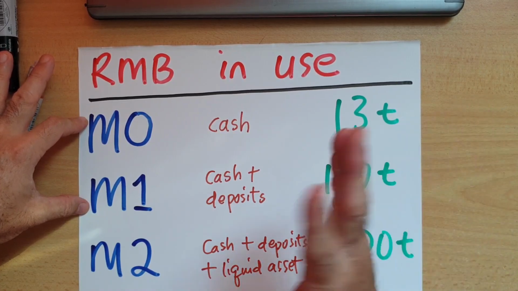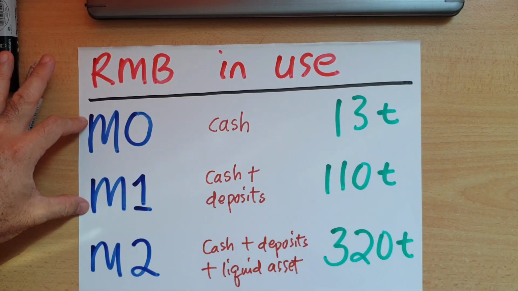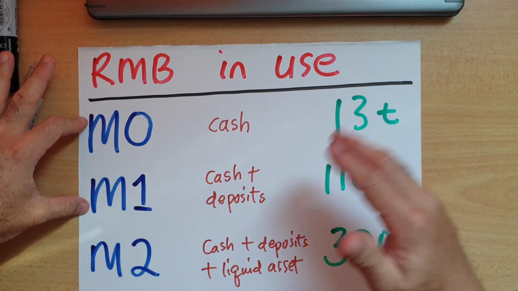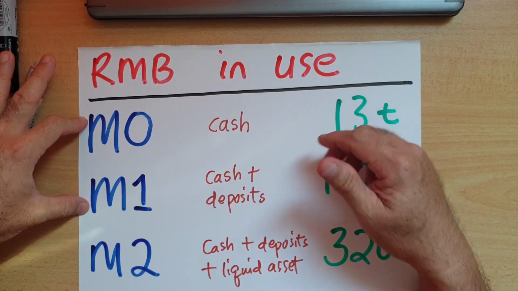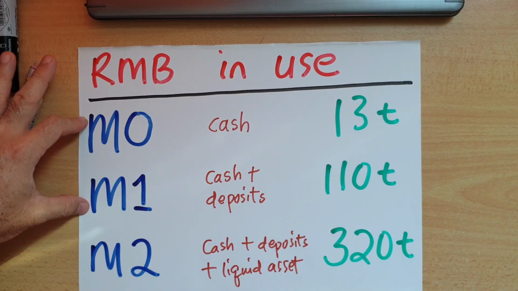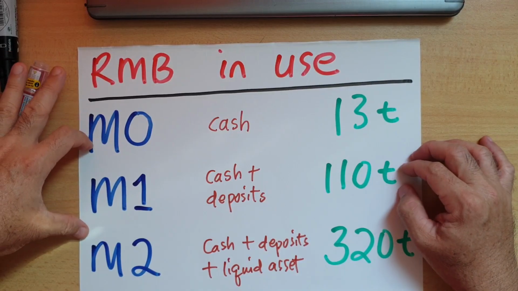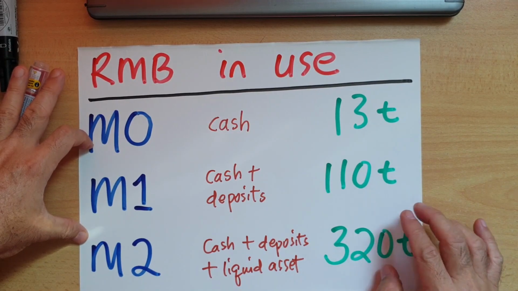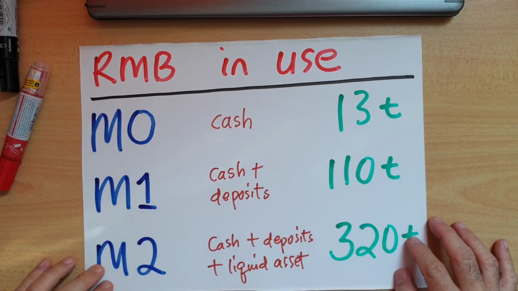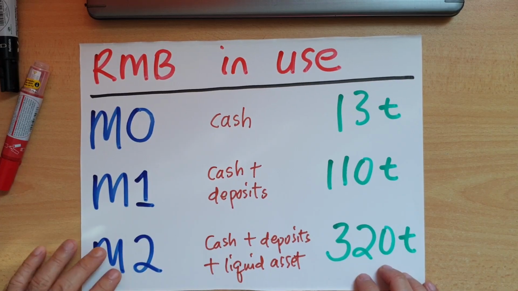Again, this has to do with the multiplier effect in the economy. The same $1 can be used many times. It can be rolled over 10 times, 8 times. This has to do with propensity to save and propensity to consume. And again, this will be another topic for finance and economics, so I won't elaborate in this short video. And if you look at the third one, M2, which is a wider spectrum covering more things, China is 320 trillion in size.